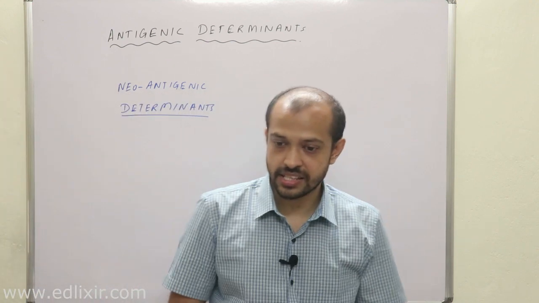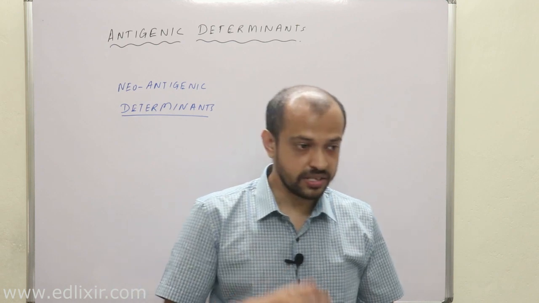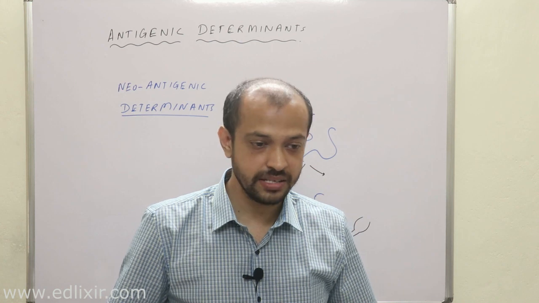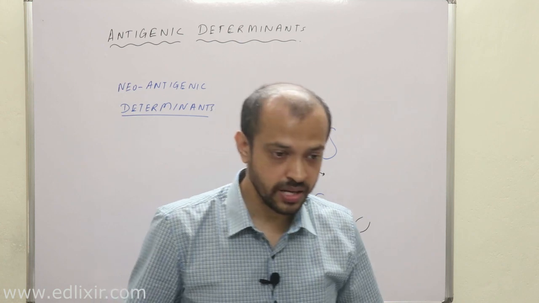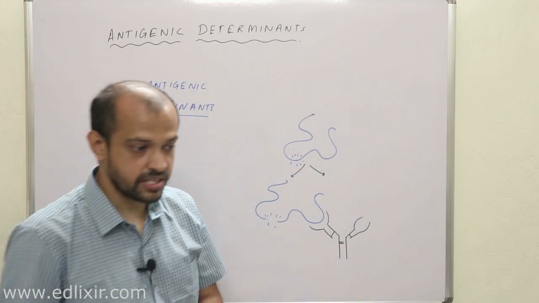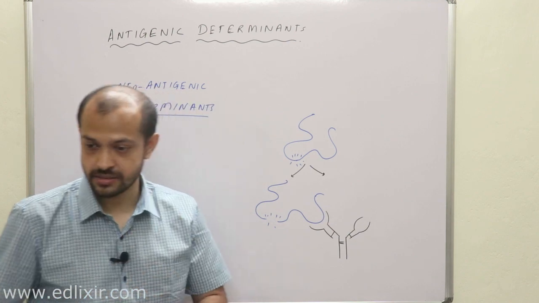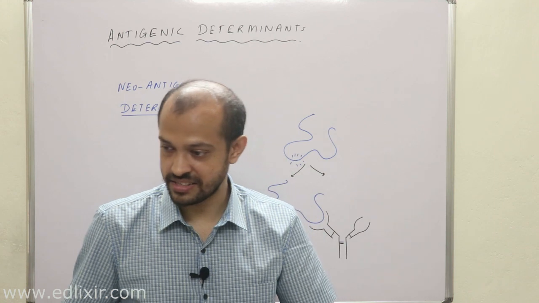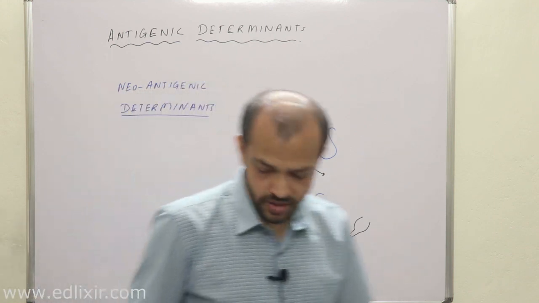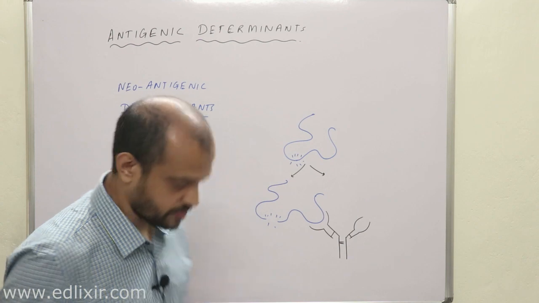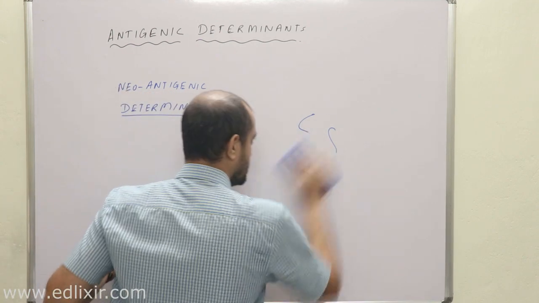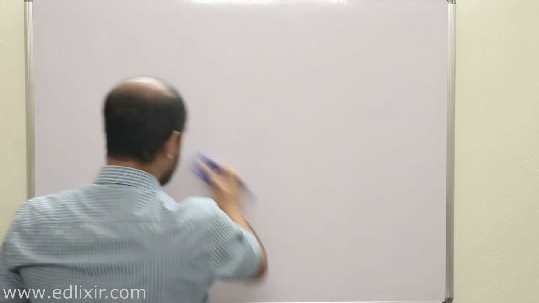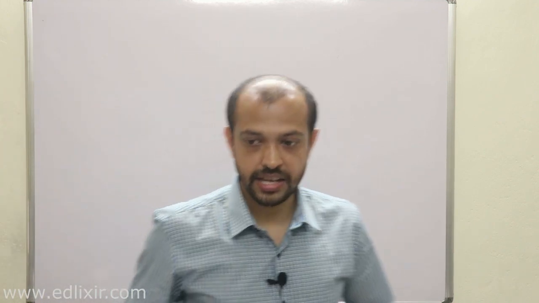Clear? So these are the three ways by which an antibody can interact with an antigen, an antigenic site or epitope. So this is how antigen and antibody interact. Obviously I am not talking about the kinetics. We'll talk about kinetics in detail in later classes. Clear? Now we will be talking about a very, very important topic, that is the concept of isotype, idiotype and allotype.